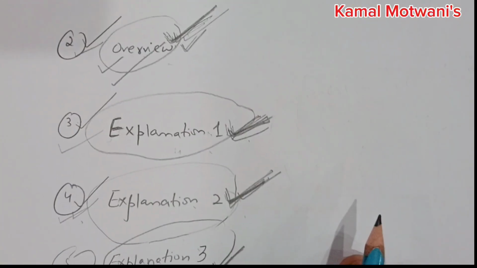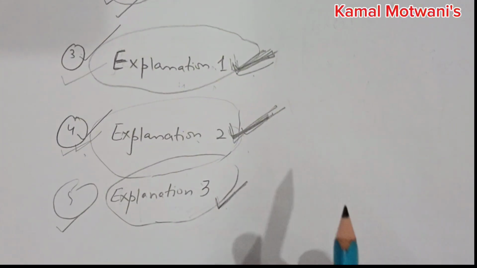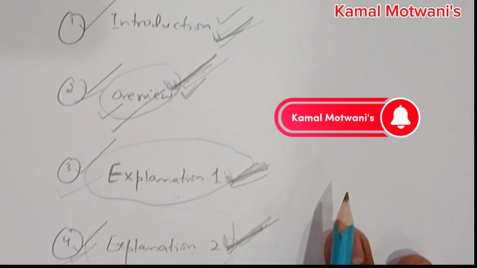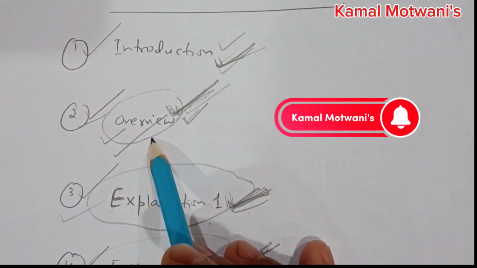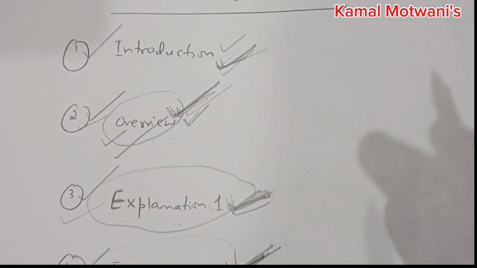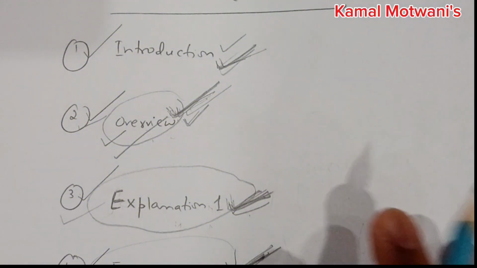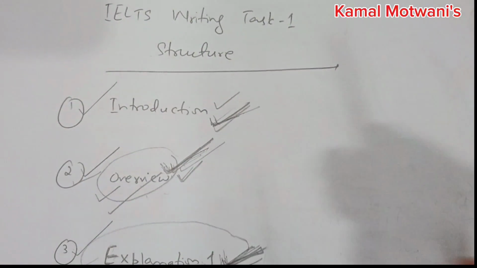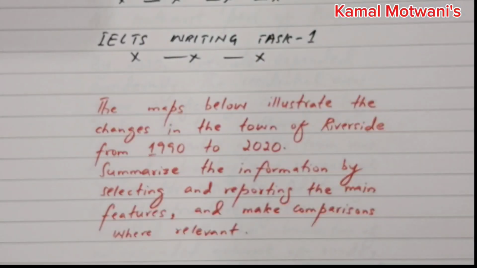And do notice that we do not write a conclusion in IELTS writing task 1, because we already write the overview in the second paragraph. So we do not write any conclusion in IELTS writing task 1. So let's move ahead and write the first paragraph, the introduction. The easiest way to write an introduction is to paraphrase the statement given by the examiner,